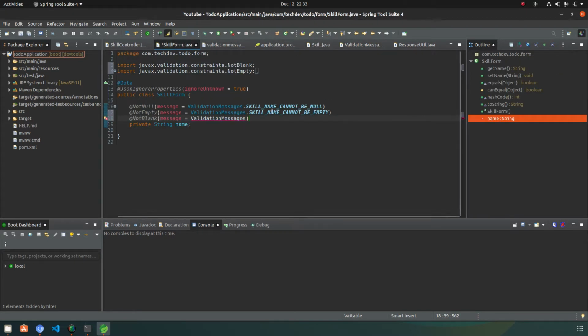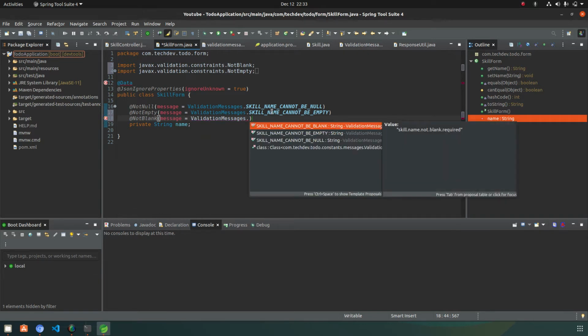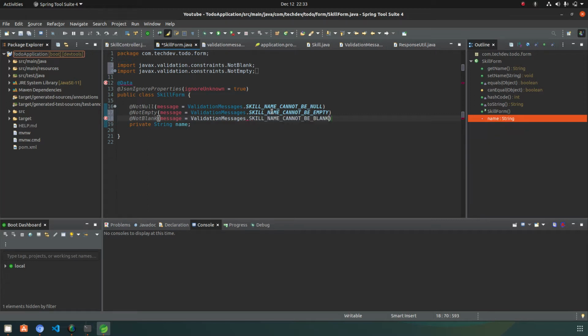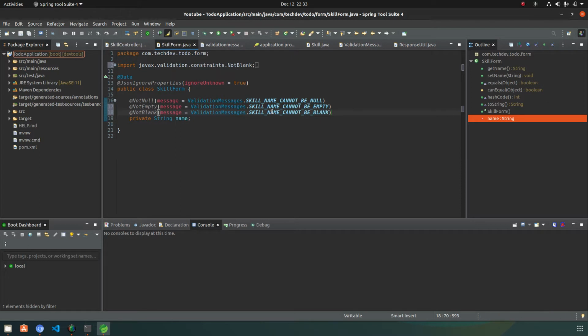Go to the SkillForm, and in the NotBlank message attribute pass the string skill name cannot be blank. So for now we have done our annotation part to validate the NotEmpty, NotNull and NotBlank constraints over the name field in the SkillForm.